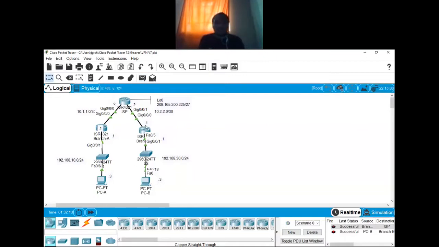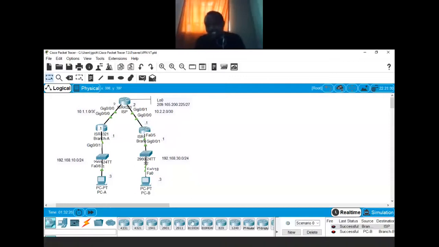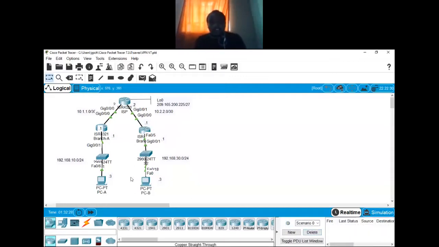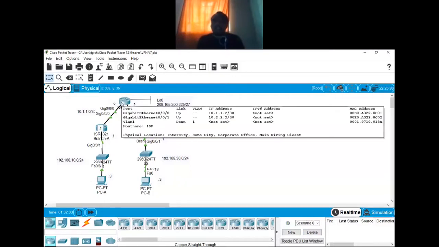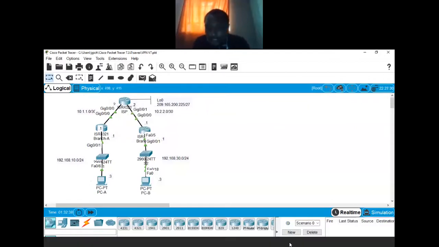So I've just checked the directly connected equipment. Can they communicate? That's the first thing we normally do. Devices within the same local area network are able to communicate. Yes. But in reality, traffic cannot move from PCB to ISP or PCA to ISP in the current state. Why? There's something else we have not added.